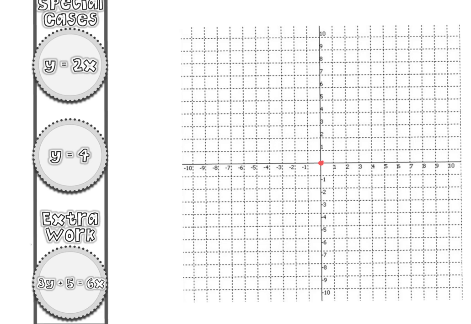And then there are going to be times when you might have to do more work to put it in slope-intercept form. Here I would have to subtract a 5 and divide by 3, all right, to put it in slope-intercept form. So they could give you something that has a 0 as a y-intercept, a 0 as a slope, or you have to solve to get it into slope-intercept form. All right. Put it in slope-intercept form and